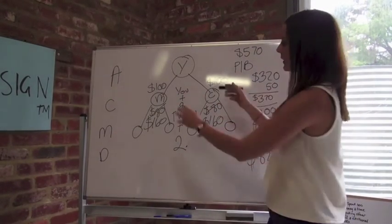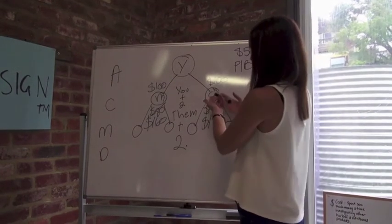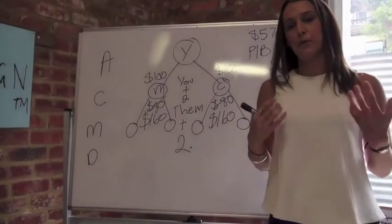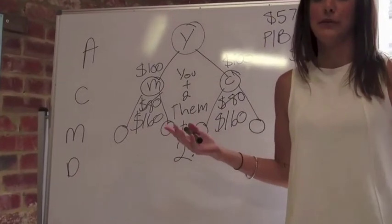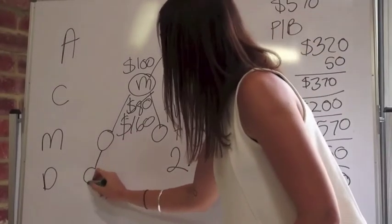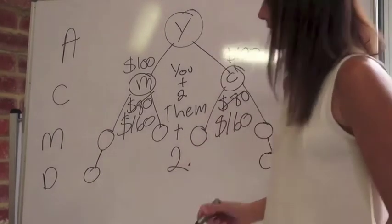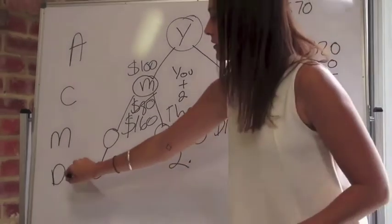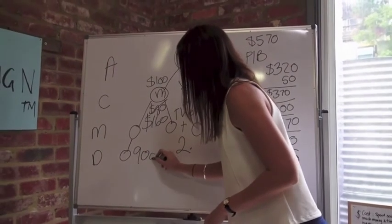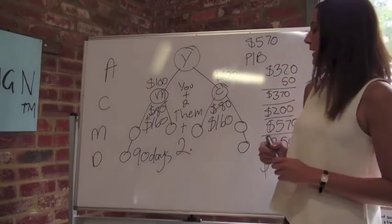So here, Kim has created a consultant in Matilda and a consultant in Claire. But we need 4 other consultants. So 4 other people who are going to use the product and are going to share it with 2 friends. So when we do that, they could be either here or over here. We become a director. If we hit director within our first 90 days, so that is sharing with 6 people who share with 2 people, we get a bonus of,